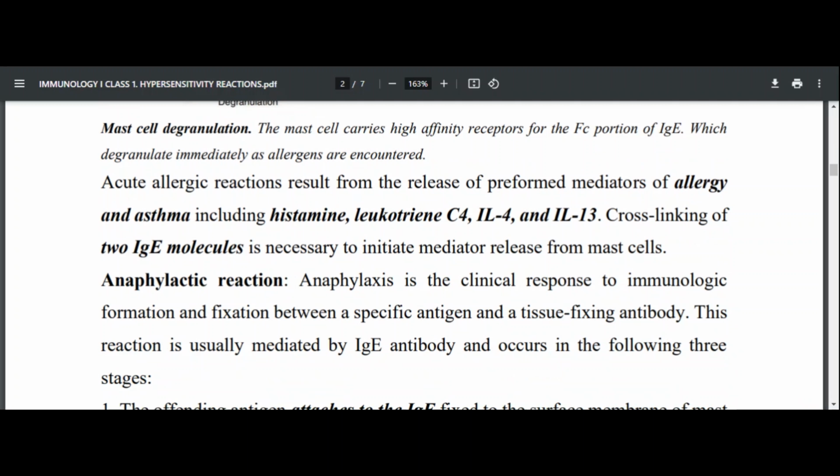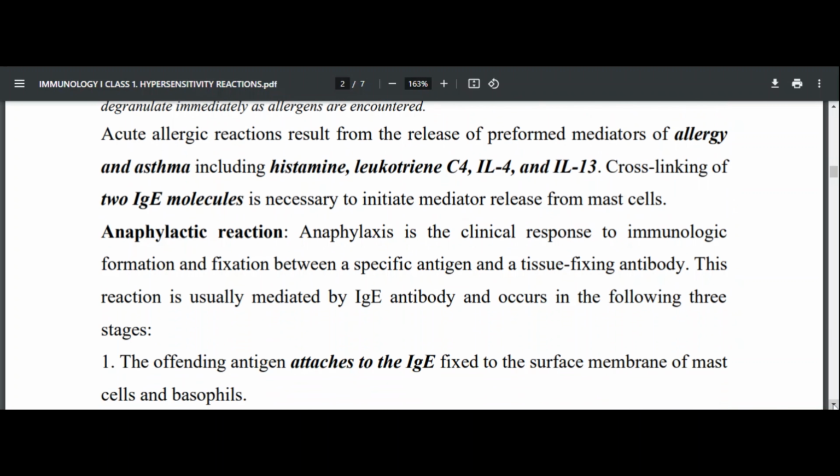Anaphylactic reaction is a clinical response to an immunologic reaction between a specific antigen and tissue fixing antibody, and this reaction is usually mediated by IgE antibody, and it occurs in the following 3 stages. So anaphylactic reaction occurs in 3 stages, and these stages include